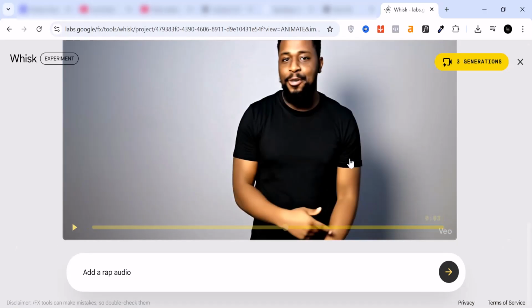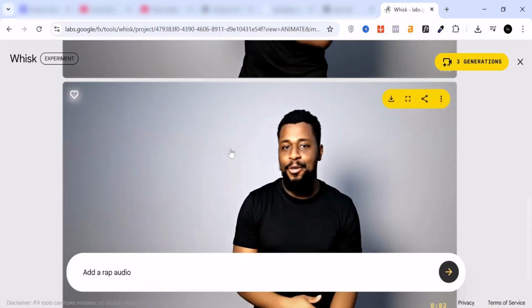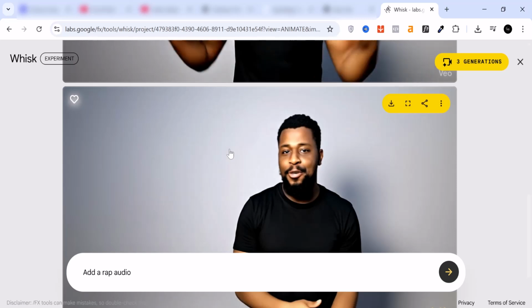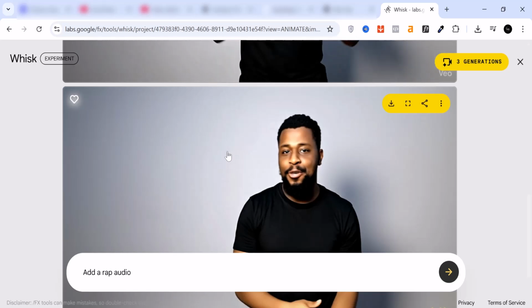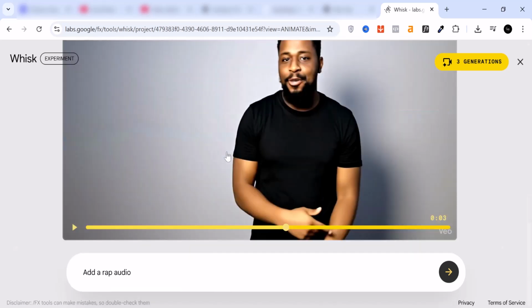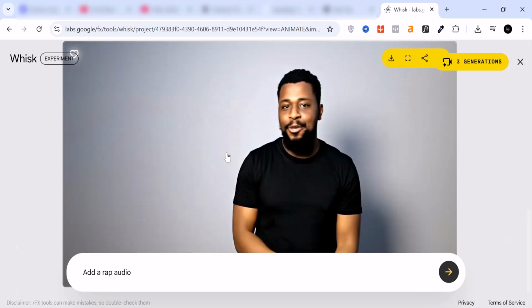So this time around it added the rap, and I'm officially a rapper. So this is how you can animate your images, turn yourself into a rapper or anything you want to be for free using Google Veo 3. And this is